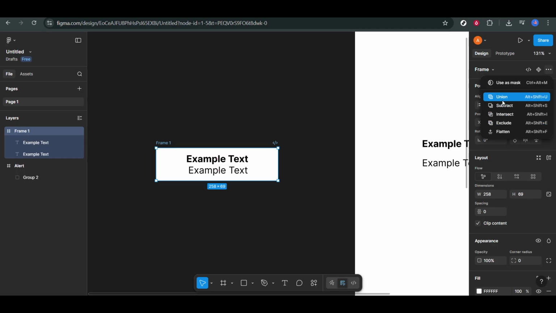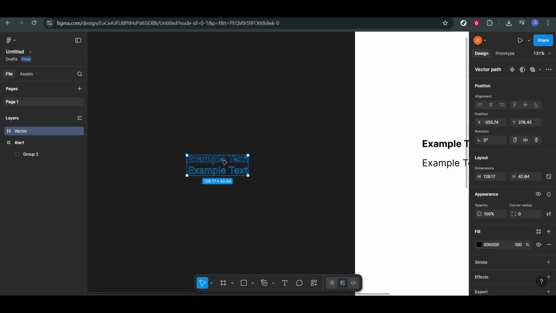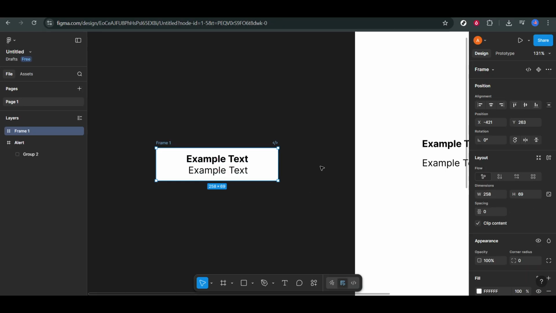Finally, if you simply want to flatten multiple layers into one bitmap-like element, you can choose Flatten. Select your layers and press Ctrl/CMD+E or right-click and choose Flatten. This turns your layers into a single vector shape or raster layer, depending on what you selected. Flattening is especially useful when preparing assets for export or when you want to simplify a complex shape that's made